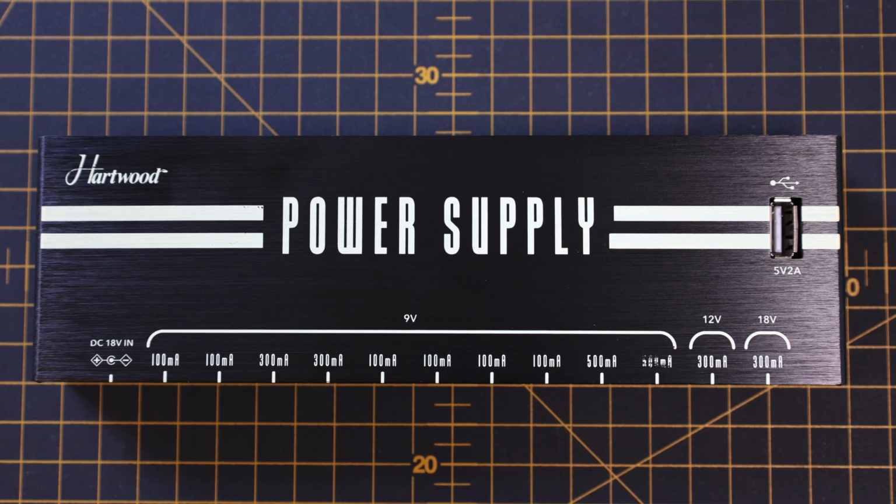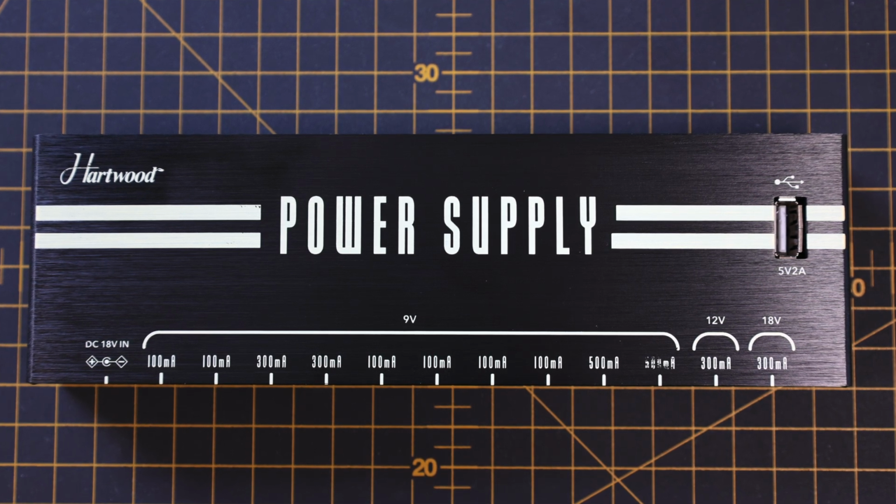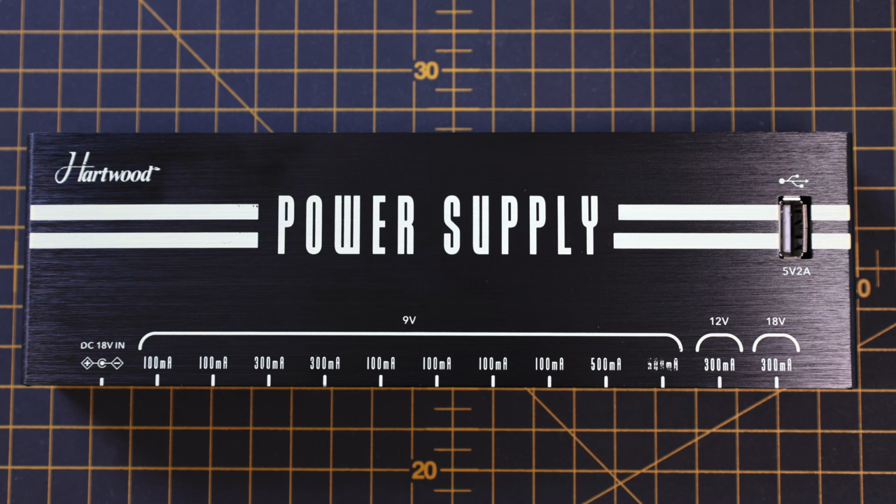So you've got your 4 pedals then, and you're going to need to power them, and if you've bought the set, well, you can do that via the included Hartwood Pedal Power Supply. Now this power supply can power up to 12 pedals if you need it to, up to 10 of them at your more standard 9 volts, which all of the 4 pedals that we have here are going to be powered by. And there's also an outlet for 12 volts and for 18 volts as well. So if you've got a rare or an older pedal that needs 12 or 18 volts, well, you can power it via